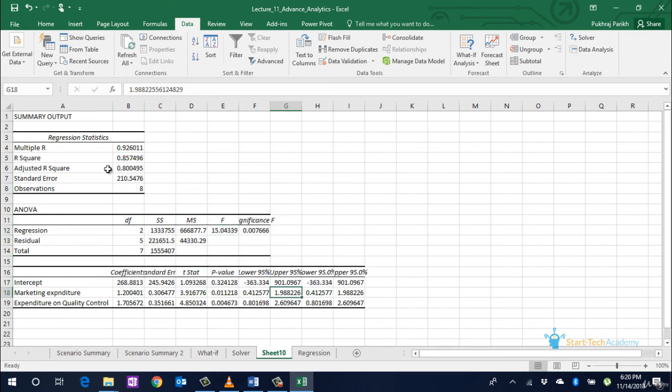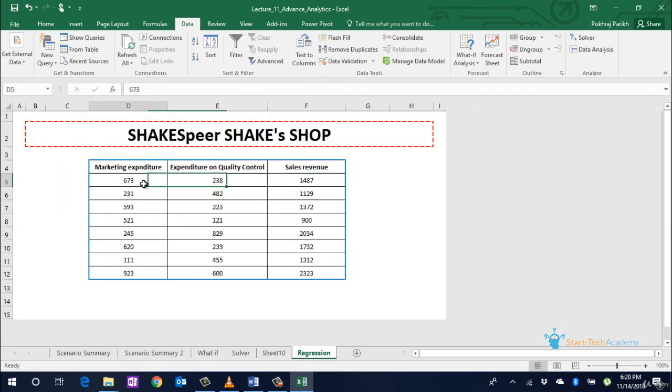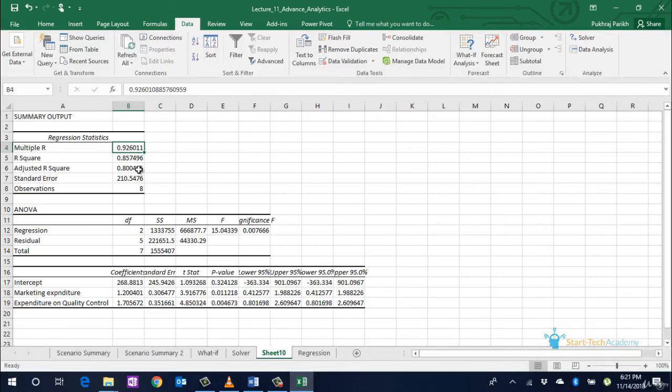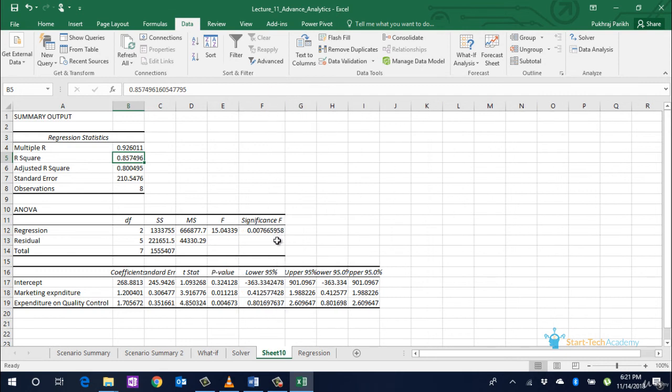First thing you can see is the R value. R gives us the goodness of fit. So these two expenditures are actually giving us a very good fit. There is very little variation which this model is not able to explain. An R square value of 0.85 is actually giving us a very good fit. Next thing to observe is the significance F value. It should be less than 0.05 to have a significance value of more than 95%.